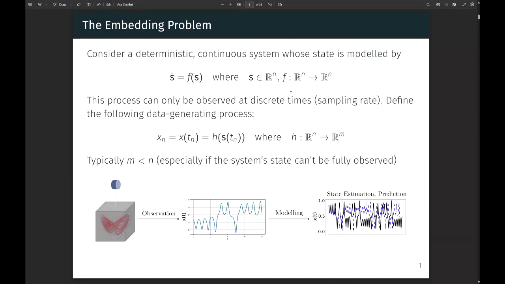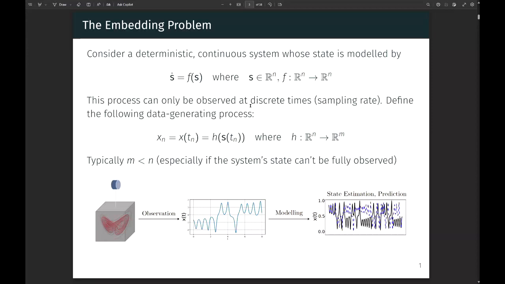The context we're going to set ourselves here is suppose we have some kind of physical system. I have an interesting diagram on the bottom left. And in that system, we can take time series observations. And we want to construct a model for this to do something like state estimation or prediction. The problem is the physical system could be a really high dimensional system.